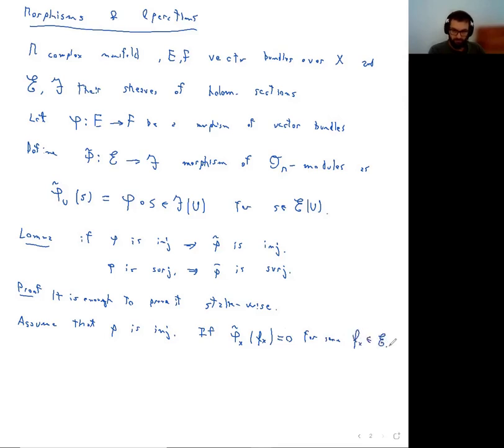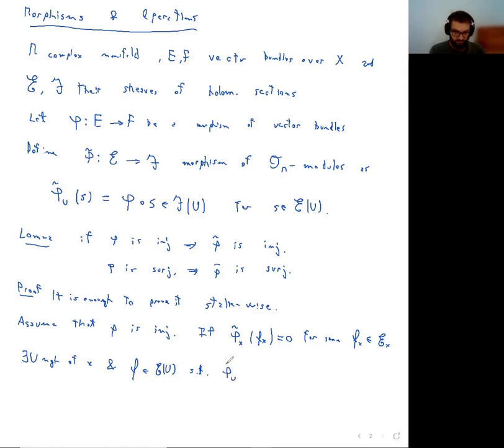These are morphisms of modules. So what we want to prove is that f_x is 0. This is a stalk, so it's an equality in the stalk. So there must be a representative. So there exists a neighborhood U of x and an f, which is an honest section over here,